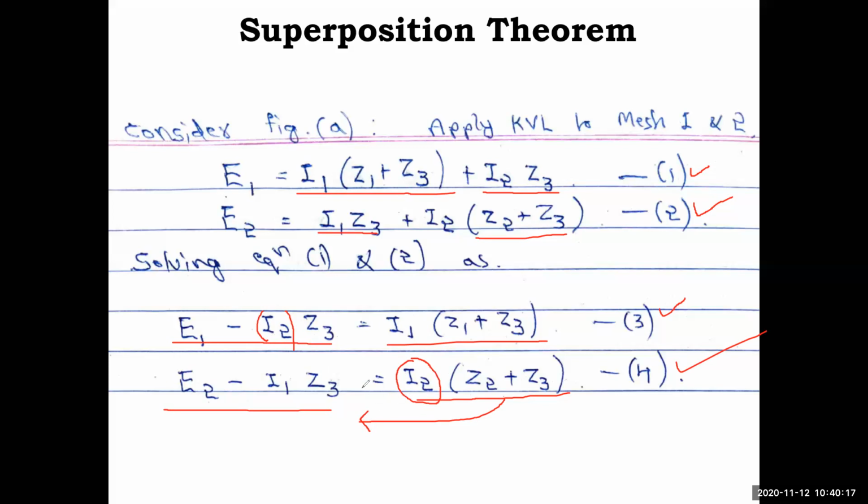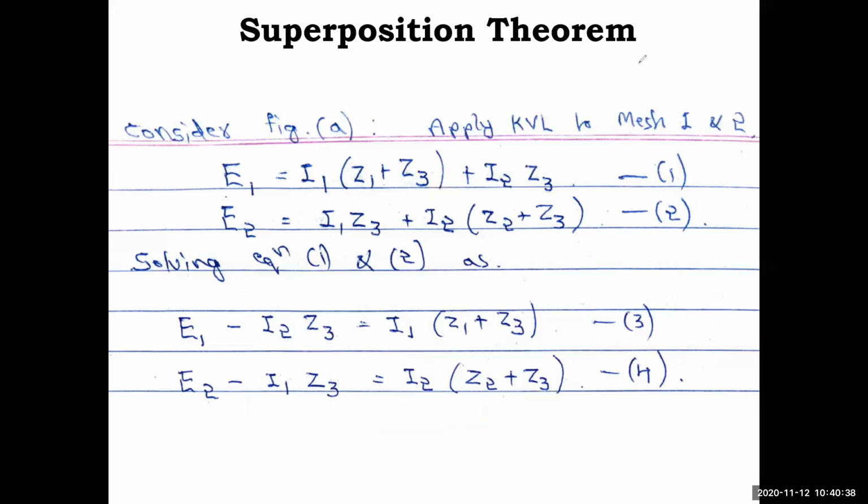Similarly, I can do it the other way. So I will write this equation in terms of I1. So, E1 minus I2 Z3 by Z1 plus Z3, and then I will substitute in this equation as I1. This is how we will get the two equations, equation 5 and 6 maybe. Okay, that is the result. So you go through that part now, and continue with the notes.